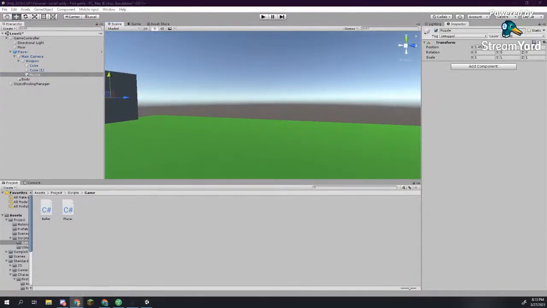There we go. It looks like a good place for the bullets to spawn. We'll keep it like that. And let's open up the weapon script now and start scripting. The first thing I want to do is create our variables. So we're going to have a public game object for our bullet prefab, because we of course need to create